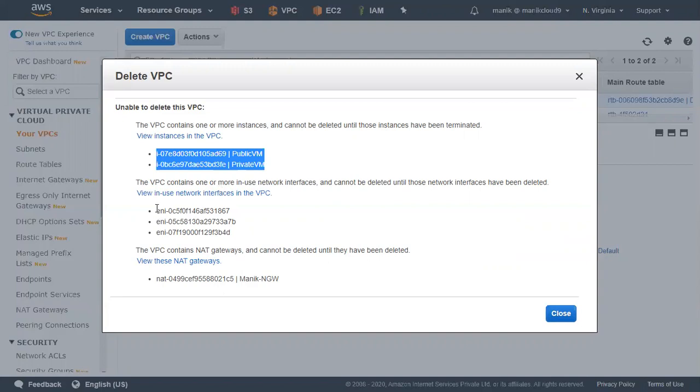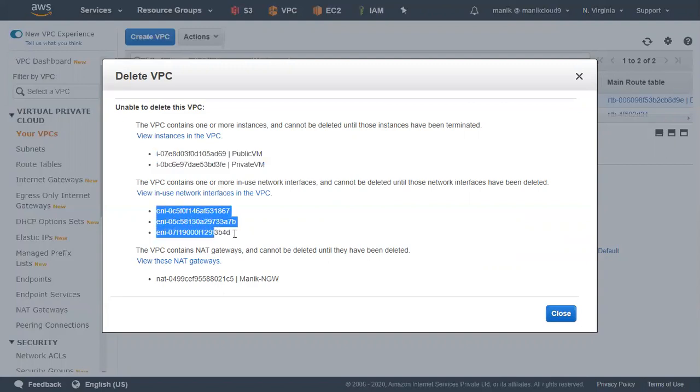Then these ENIs, Elastic Network Interfaces, which are called network interface cards in AWS, we have to delete from our subnet, and then try to delete the subnet. So it's a step-by-step deletion. We will go step by step and see which things we need to delete.